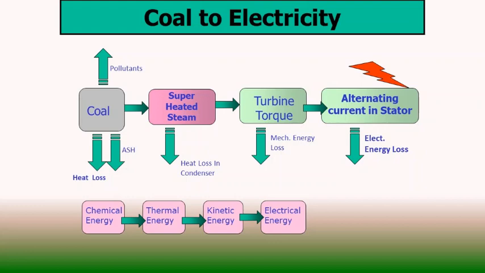This energy conversion takes place in such a way that the chemical energy stored in the fossil fuel is converted into thermal energy, and this thermal energy is again utilized with some working fluid to get useful work, and this useful work is then utilized to create some torque, rotary motion that will run a prime mover,